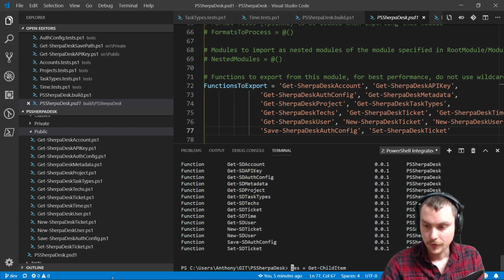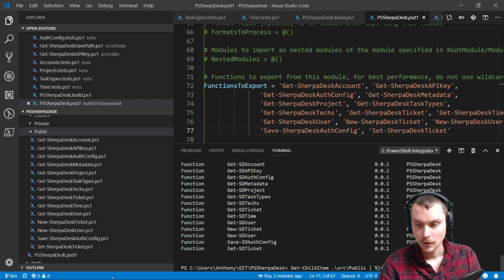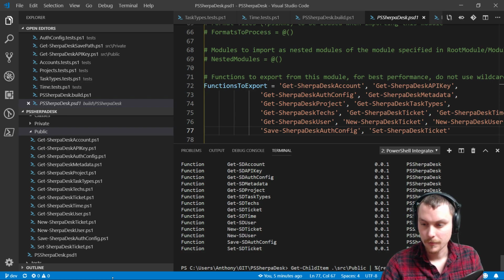Actually, I just use pipeline. So I'm gonna go to Get-ChildItem on /source/public and private, then ForEach. Is there a Rename-Item? I think there is. There is. Actually, instead of just straight renaming them, ForEach .Name. So I'm gonna do a regex replace, Sherpa desk